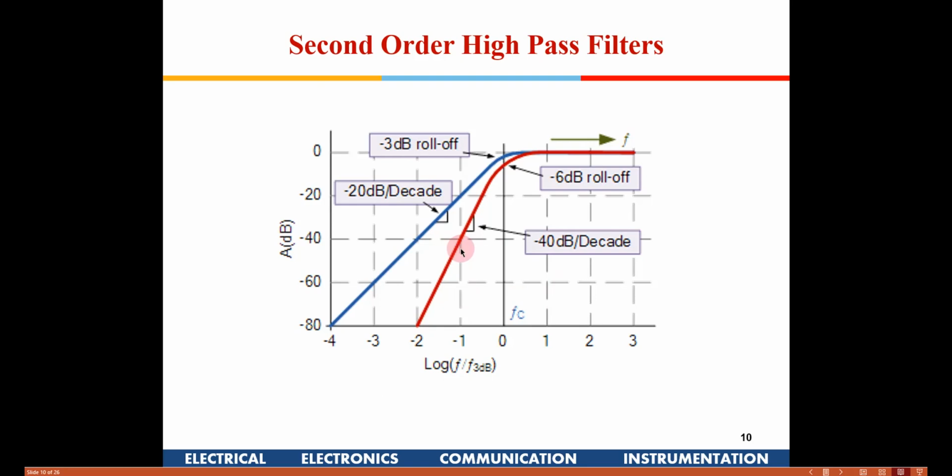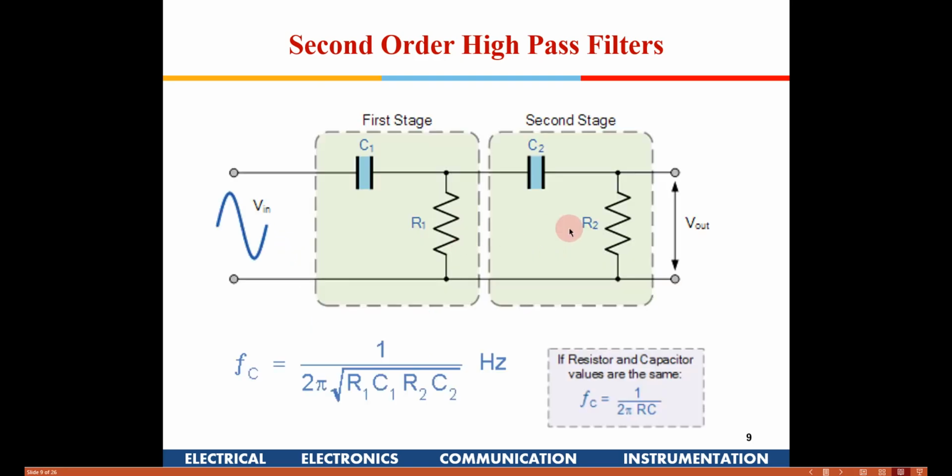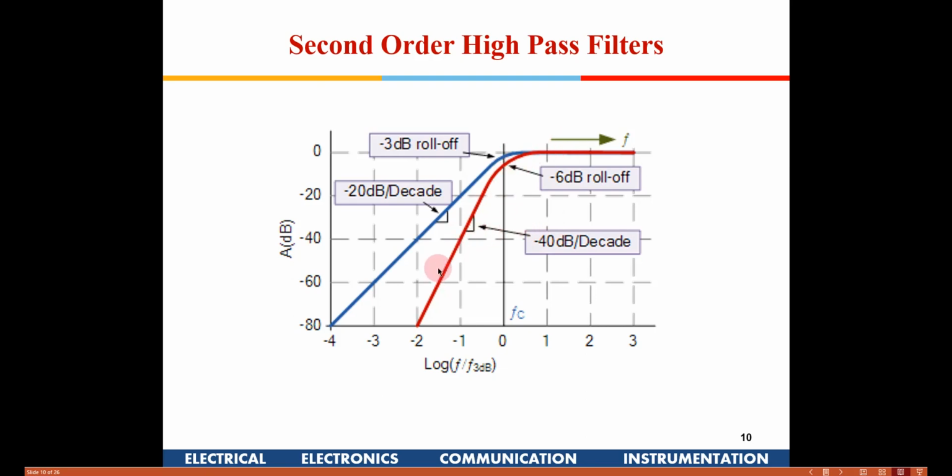Depending on my application, I can have n number of cascades. Not only 2, I can have 3, 4, 5, 6 depending on the application. So instead of 40 dB, it can become 60 dB, then 80 dB, then 100 dB per decade. If I do like that, then I will get a kind of ideal filter characteristic, where just below the required frequency it will cut off all the unwanted frequencies, and above the frequency it will just allow the signals to pass. For that, the trade-off is you will require a large number of stages.